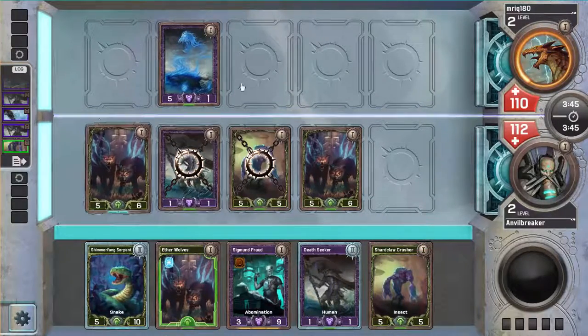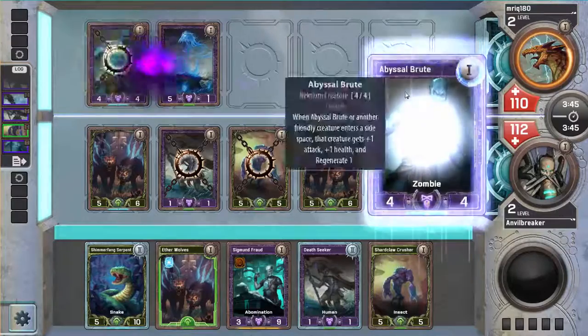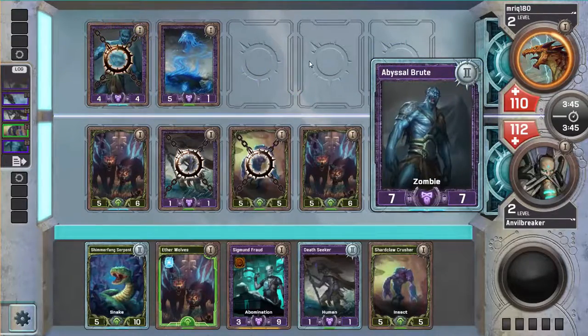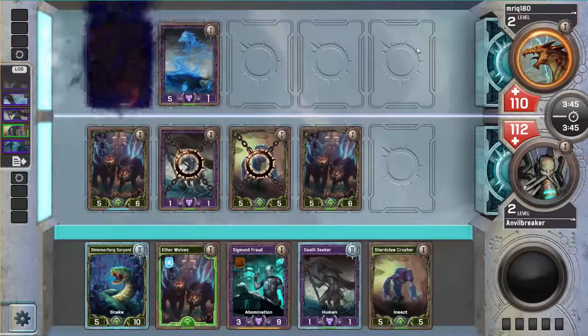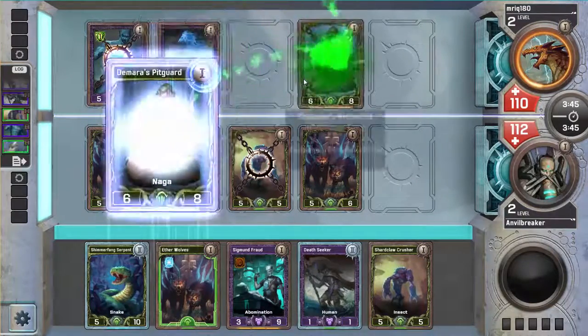Or block whatever he plays. He's probably going to kill one of my Etherhounds and put something in front of Shardclaw Crusher. That's what I imagine he was probably going to do. Or he's going to play Abyssal Brute to sacrifice to the wolf and make a big creature here, which I can put Deathseeker in front of. Which, I mean, is not the best, but...